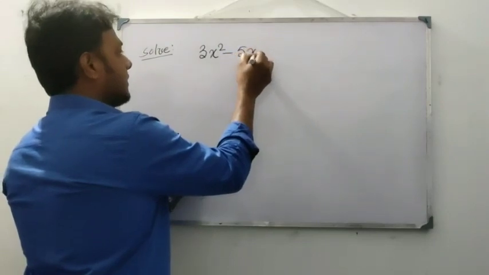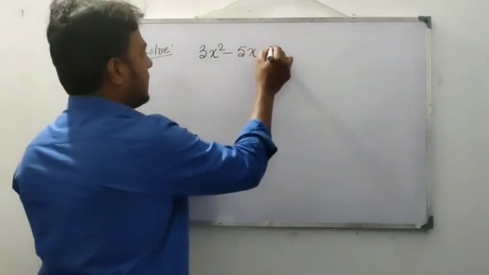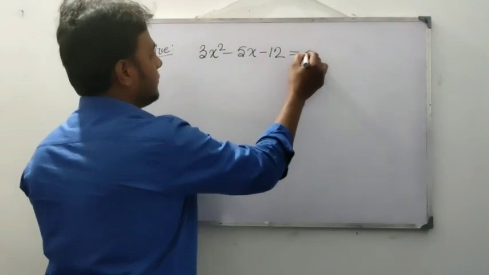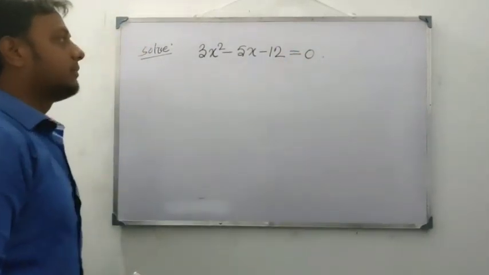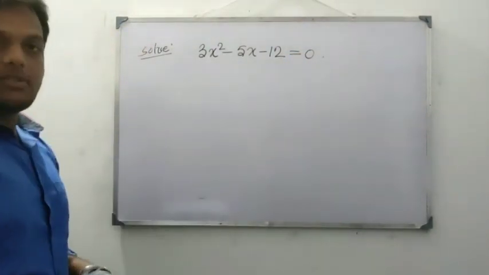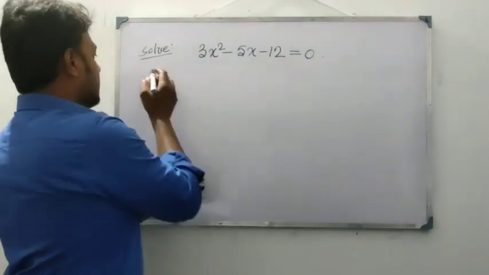Next equation: 3x square minus 5x minus 12 equals 0. We have to solve it. So again we will solve this by the factorization method. Okay. So solution: